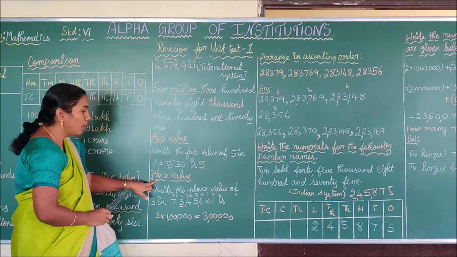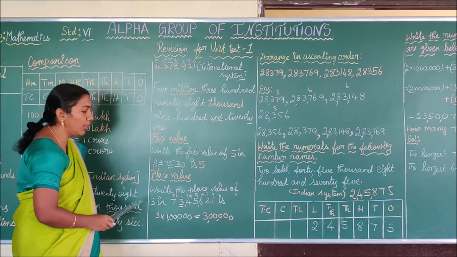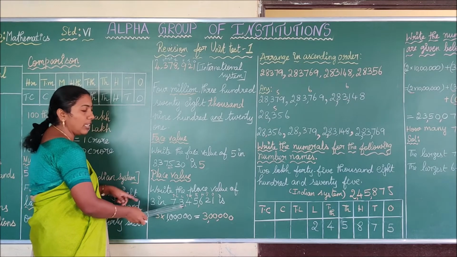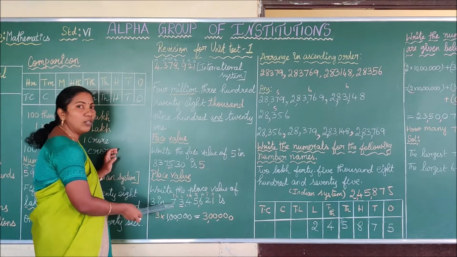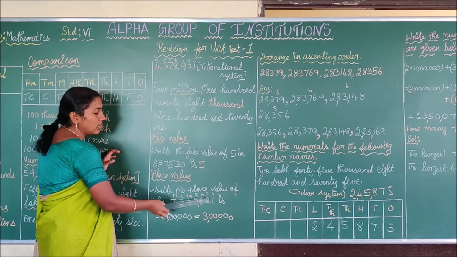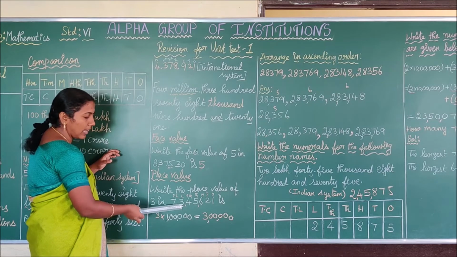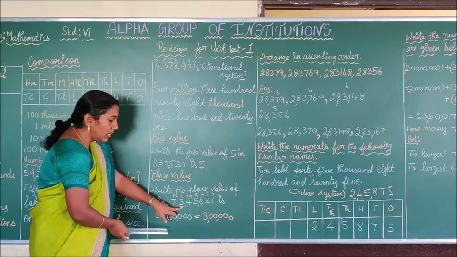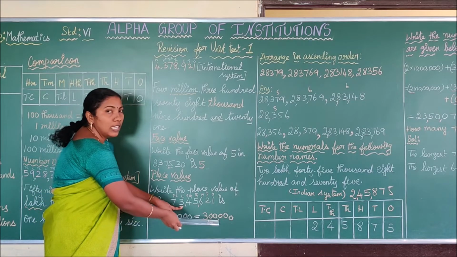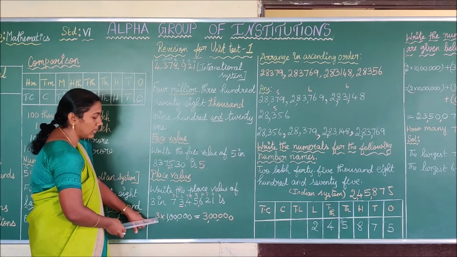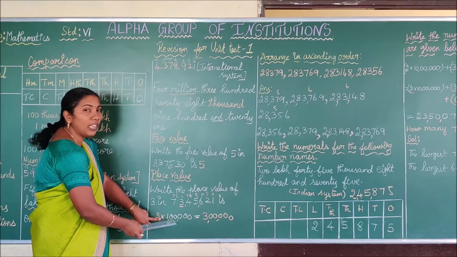See the next sum. Place value of 3 in the given number. Okay, now we are going to write the place value of 3 here. Now we are going to say the place value by using the Indian system. Ones, tens, 100, 1000, 10,000, lakh, 10 lakh. So 3 is in the place of lakh. So you have to write the place value of 3 as 3 lakhs. Before that you have to write the step as 3 into what is the place value of 3, lakh. So you have to multiply the 3 by 1 lakh.